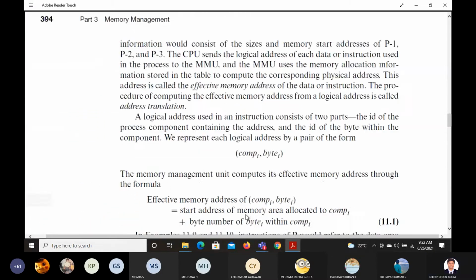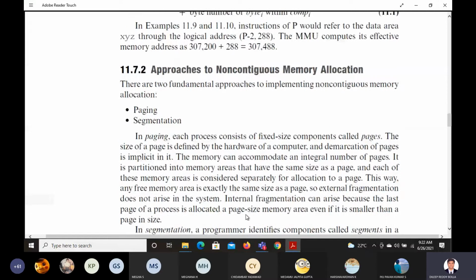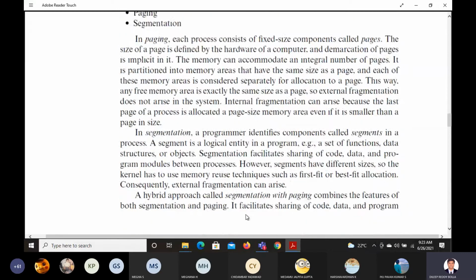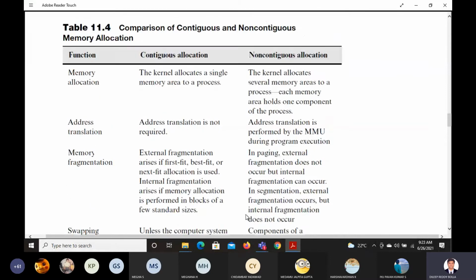After that, there are some technicalities, you can go through that. What are the approaches they are using for non-contiguous memory allocation? They are using paging or segmentation. Either we can do it in a page format or a segment format. When we use segment format, the comparison is there again here. This can be a probable 5 marks question, comparison of contiguous and non-contiguous memory.